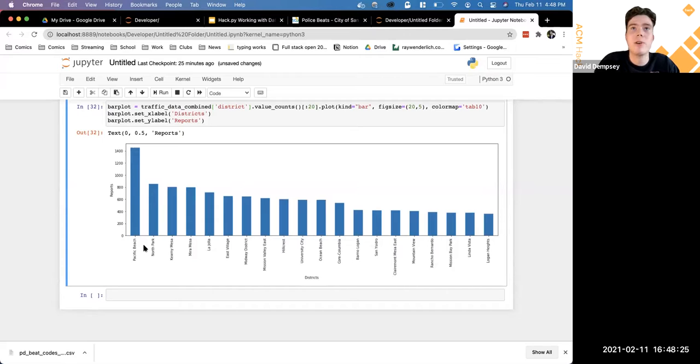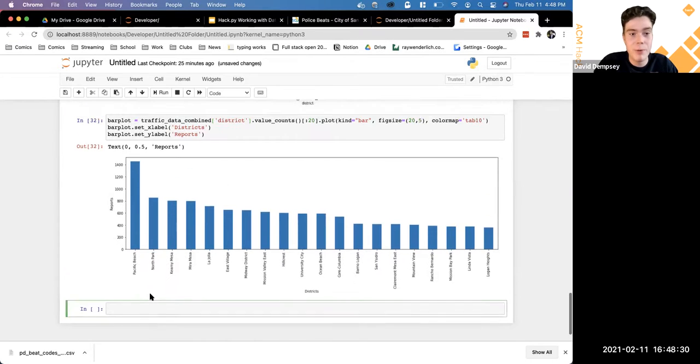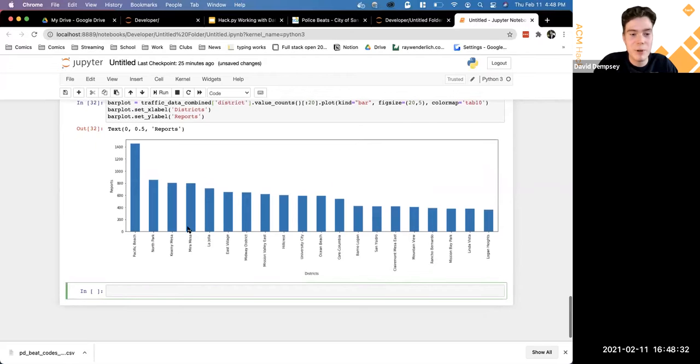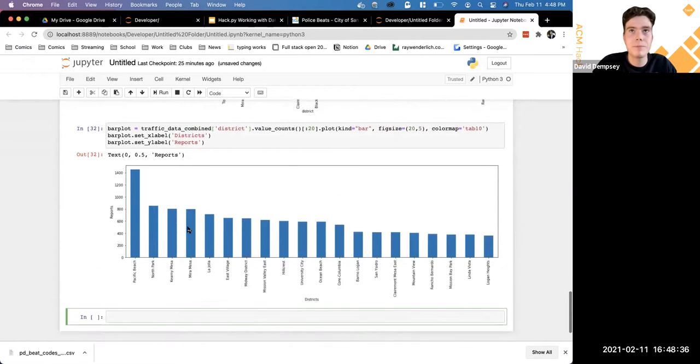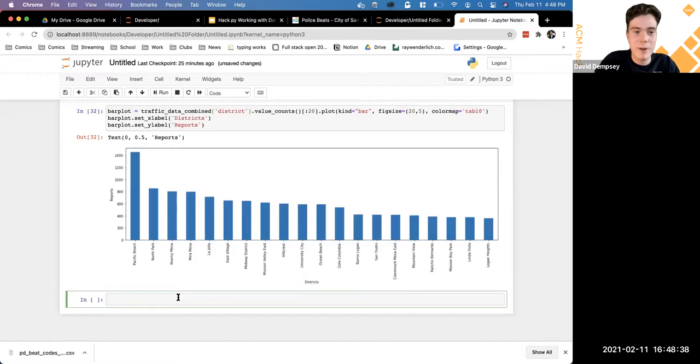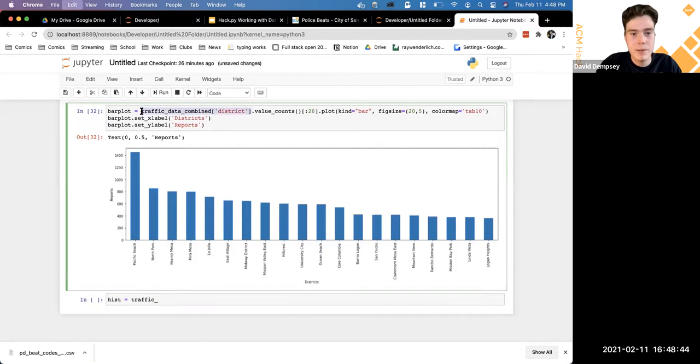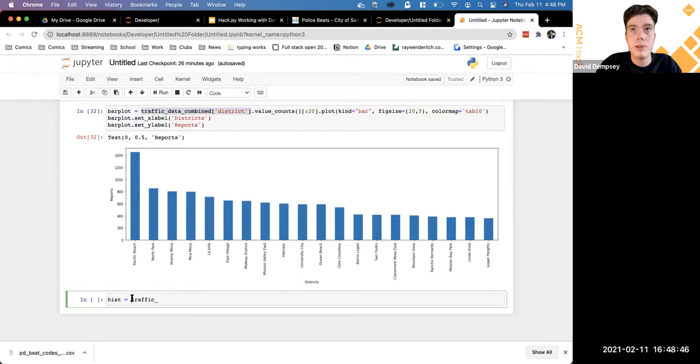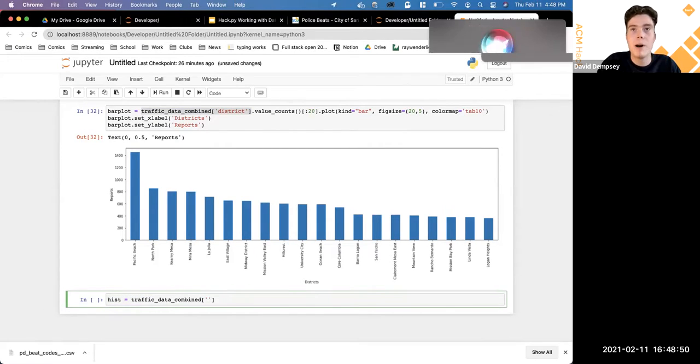And yeah, we can also chart out the average number of injuries, not for each district, but just in general per report, how many injuries there were. So we can create a histogram for that. It's another kind of chart you can do. We're just going to call this hist, and we'll go back to our combined data set. I'm just going to copy this because we're still going to be using this, except instead of indexing by the district, we want to index by